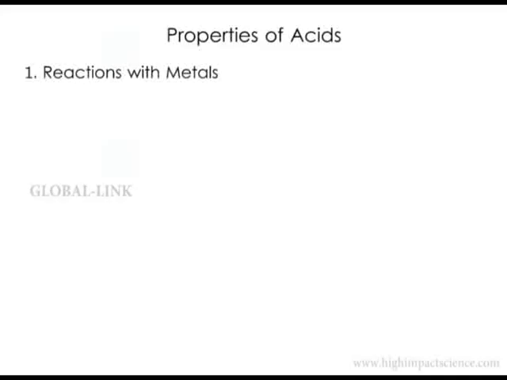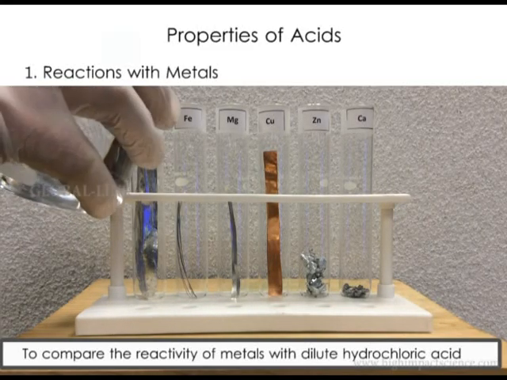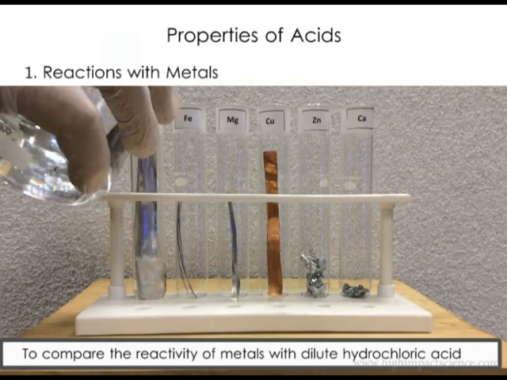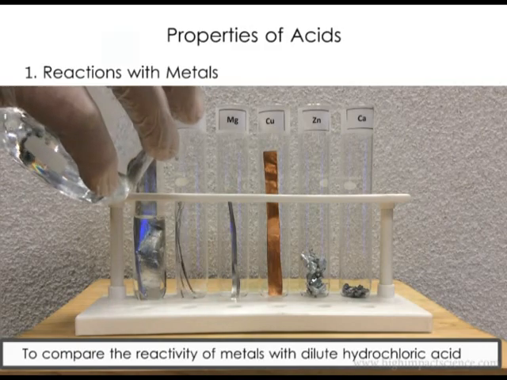Now, properties of acids. We start with reactions with metals. In this experiment, we will add dilute hydrochloric acid to these pieces of metal in these tubes. Tin, iron, magnesium, copper, zinc, and calcium. So now we put some dilute hydrochloric acid in the first test tube, then iron,